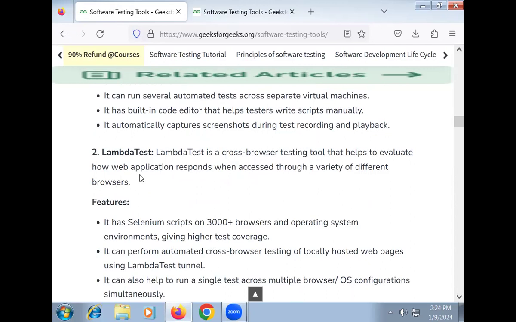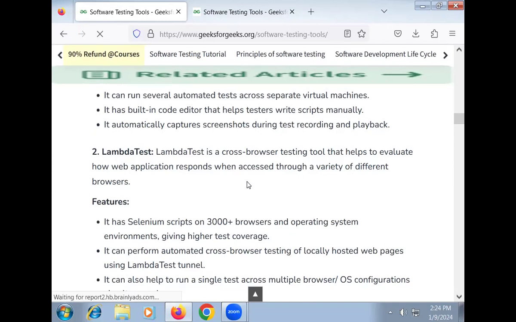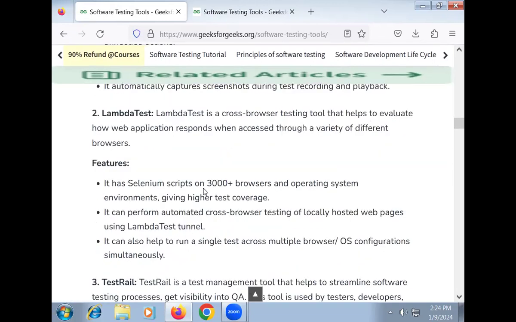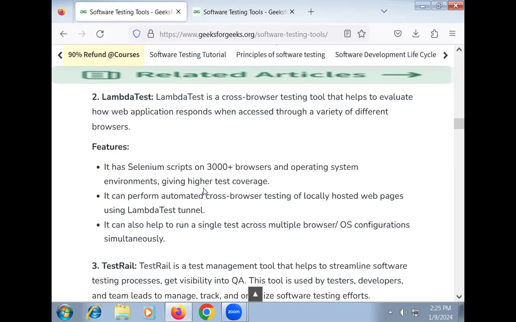LambdaTest is a cross-browser testing tool that helps to evaluate how a web application responds when accessed through a variety of different browsers. Its features: it runs Selenium scripts on 3000 browser and operating system environments, giving higher test